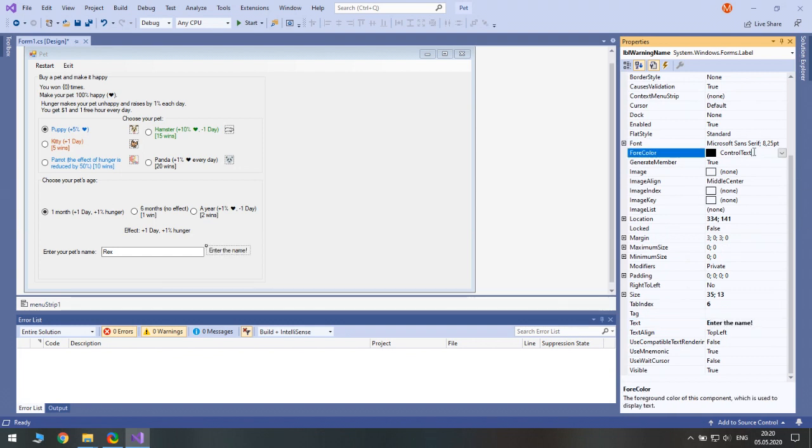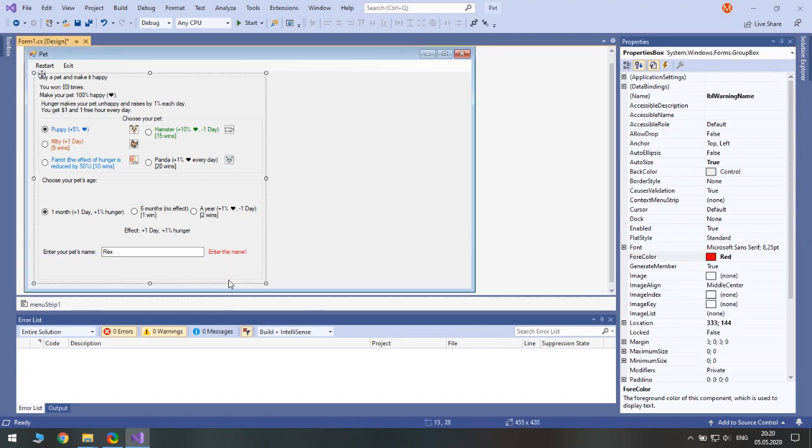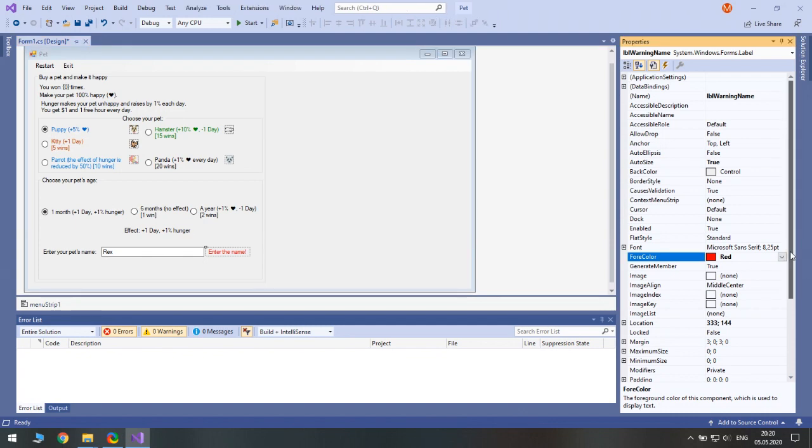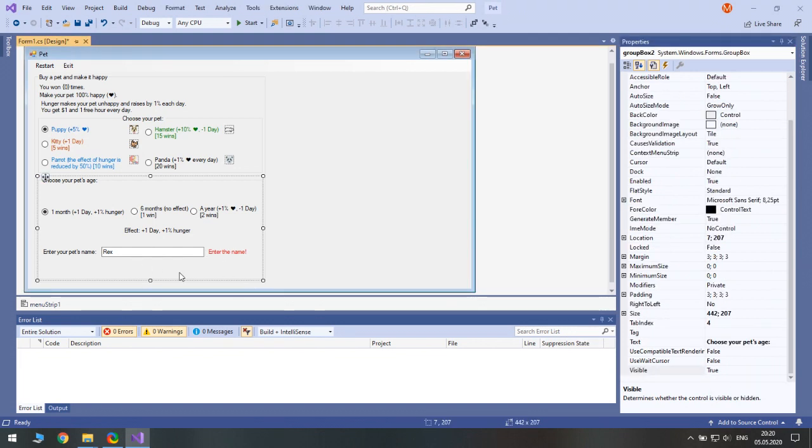Yeah. And let's change forecolor to red. Web color red. Okay, good. So by default this label should be invisible. So set its visibility to false. It's not shown in the designer.